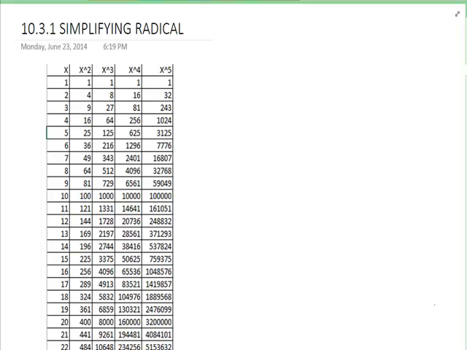All right, in this lesson, we're going to do a process called simplifying a radical. Now, you've actually already done this with perfect squares and perfect cubes. If I ask you to simplify a radical,